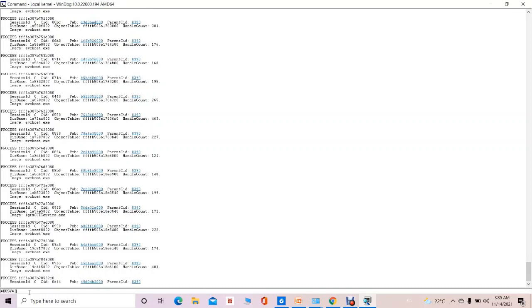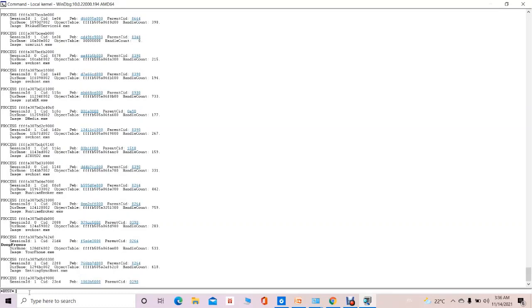It gives all the entries for all the running processes that are open in the volatile memory, whether a system process or a user application process. It's a huge list because there are many processes running, mainly system processes.